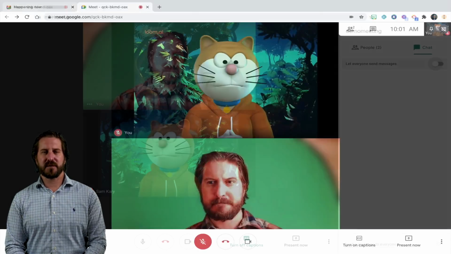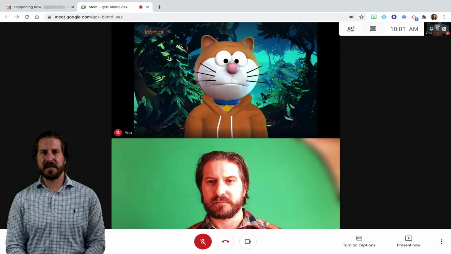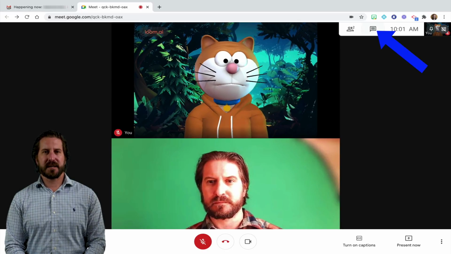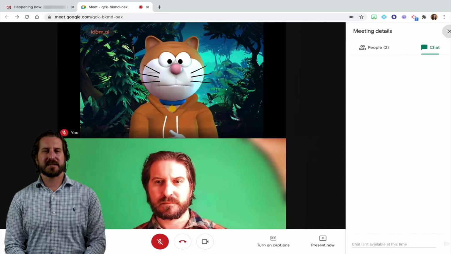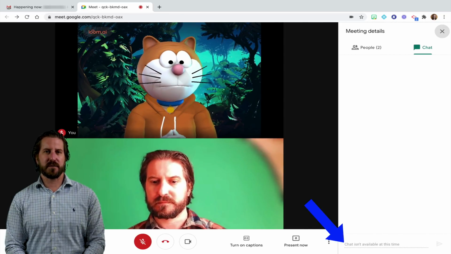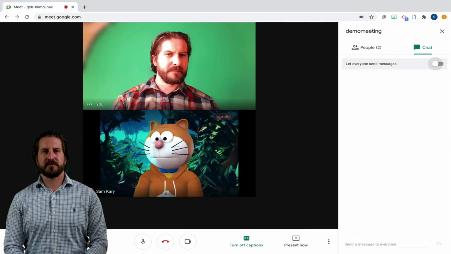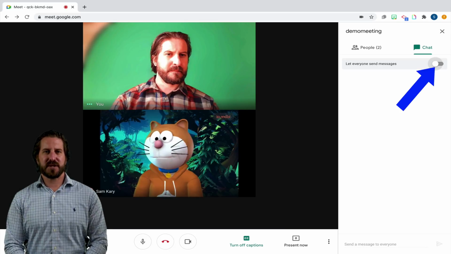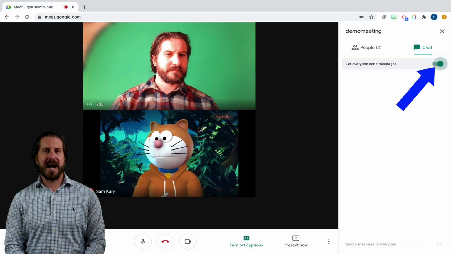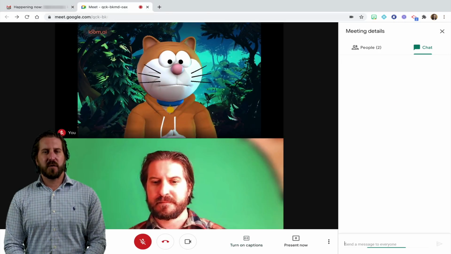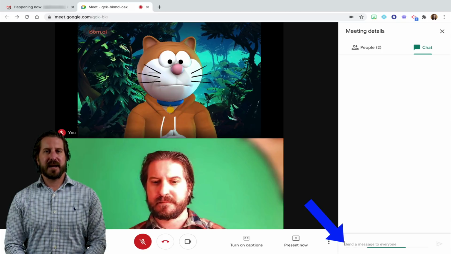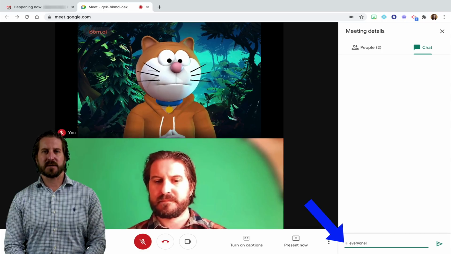And then if I hop over here to the student end of the meeting, you'll see that when the student clicks on chat, they get a message that tells them that the chat feature for this meeting has been disabled. But then if you decide that you want to enable the chat feature later, all you need to do is turn that feature back on. And then if we go back over to the student account again, when they go back to the chat feature, they'll see that they're able to type in a chat response.